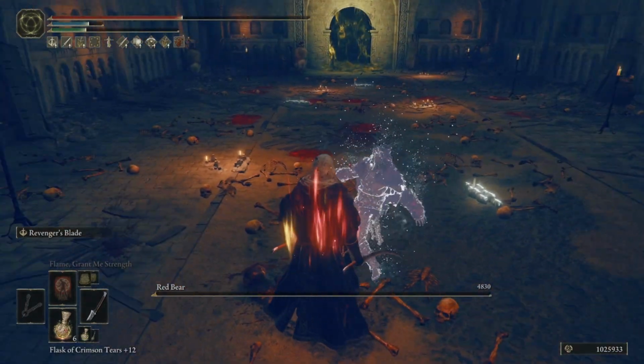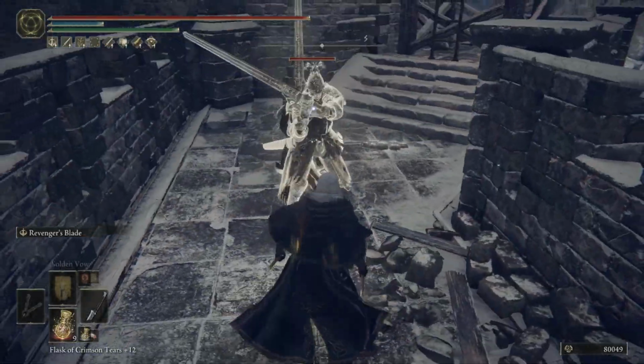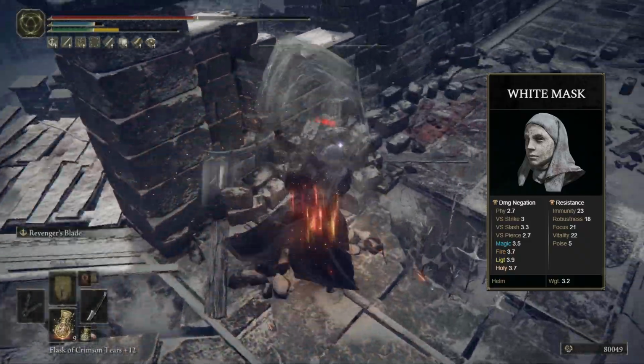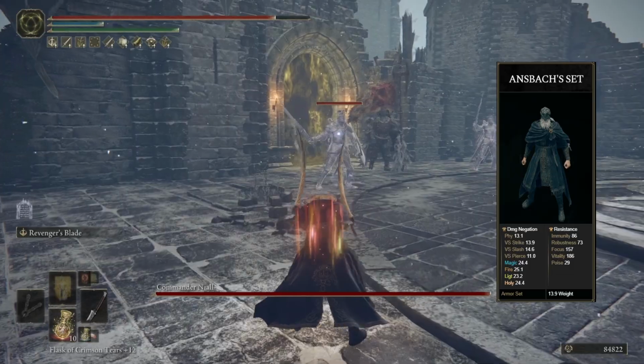Now, for the first time in a while, our armor actually really matters. On our head, we're going to have the White Mask, which is going to give us a 10% damage increase anytime blood loss is in the vicinity, which is incredibly important for this build. And then I believe the Ensbox set is going to increase our attack power with blood loss of some kind